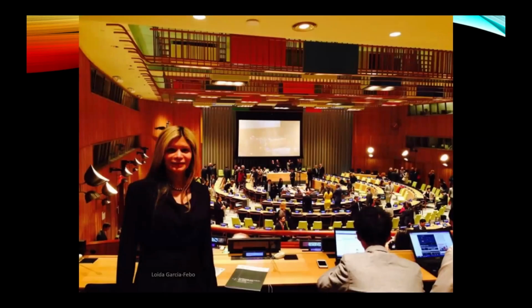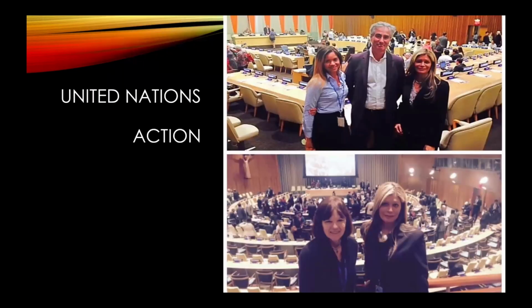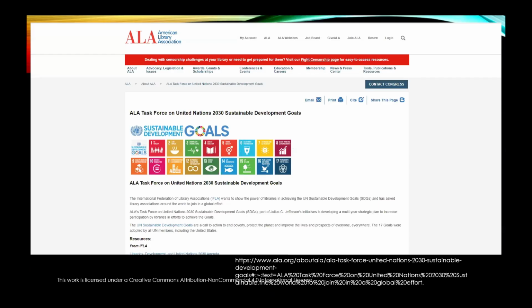And these other pictures show one of the chambers at the UN, and more pictures of different chambers. You will notice they have almost the same shape, but some of them are bigger, some are smaller. And this is the page from the ALA task force. The task force came before the subcommittee, but I wanted to show it to you because you can visit